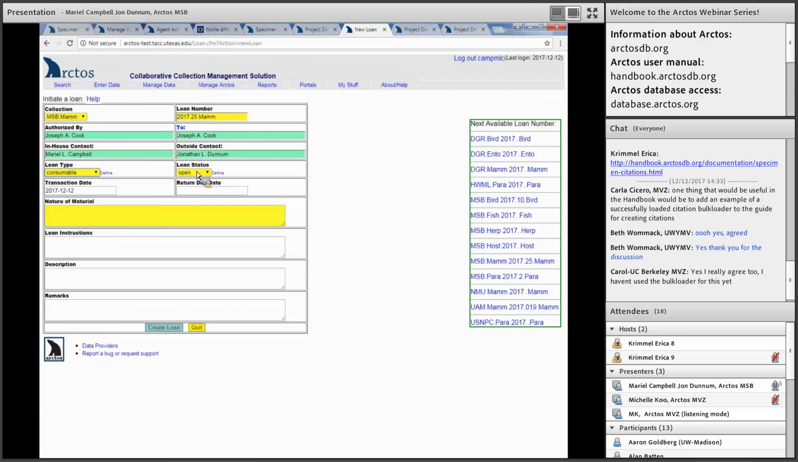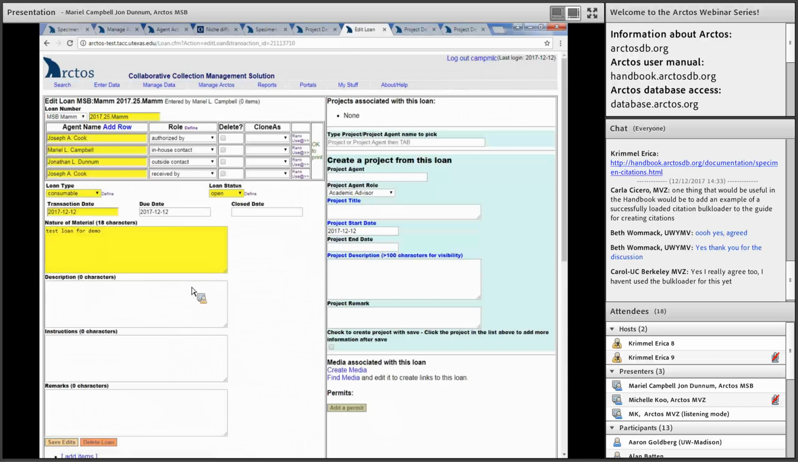This loan is going to be consumable because it's a tissue loan. The status could be opened or closed. And the open means that you'll get a notification in the future, just to let you know that it's still open. If it's closed, it means that I'm saying that nothing further is going to happen with this. Get today's date, some text, and create this loan. And when I do that, now I have all this information, and I have the ability now to add a project. If you type in some information under description,